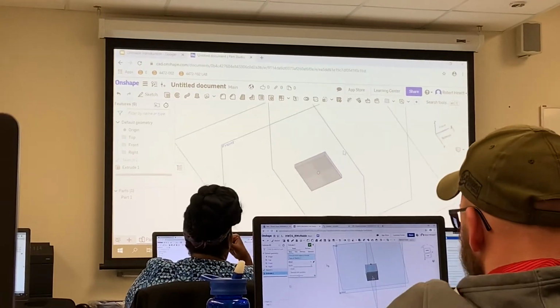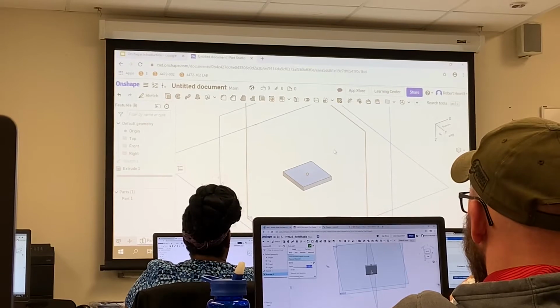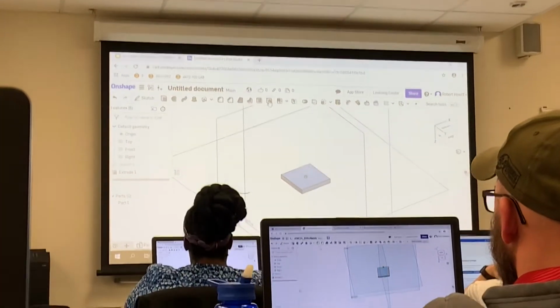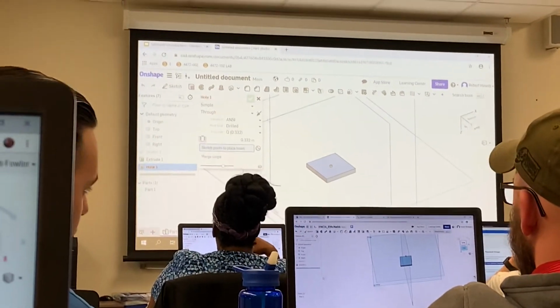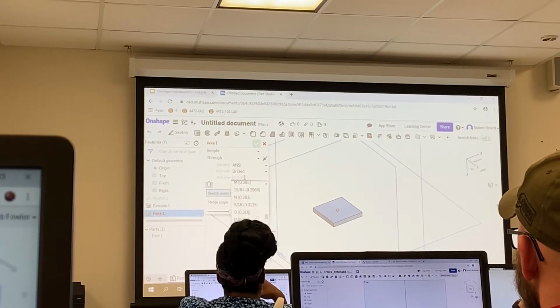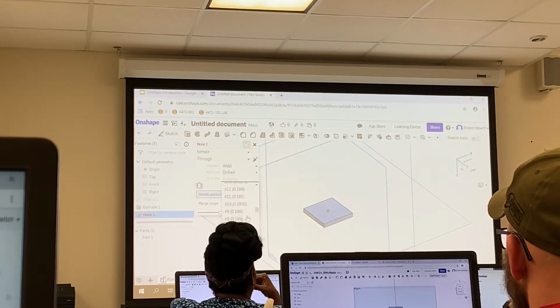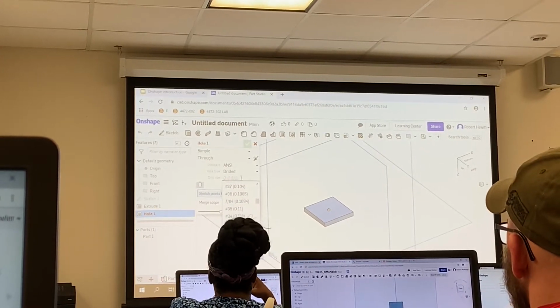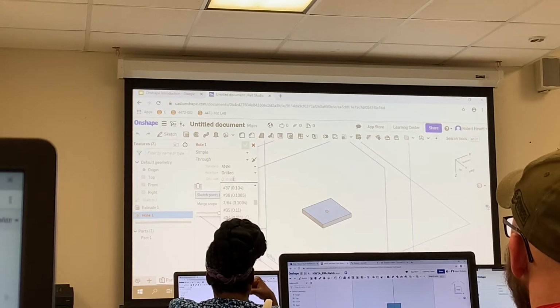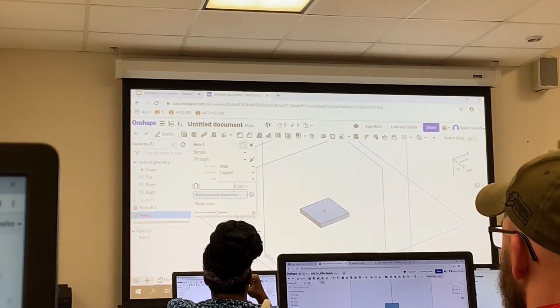All right, so there's that. Now we need to put a hole in there. Come in here with a hole command. And real nicely, look, it says, oh, you want a drilled hole? It's trying to guide you to something that you're actually going to be able to make, saying, look, you want to drill that hole. It also says you can have